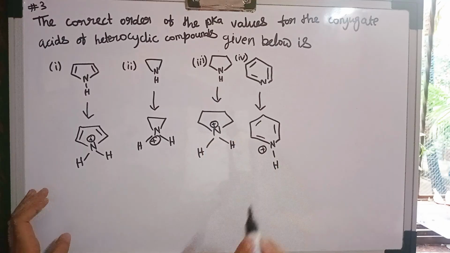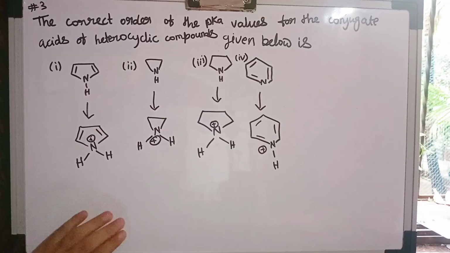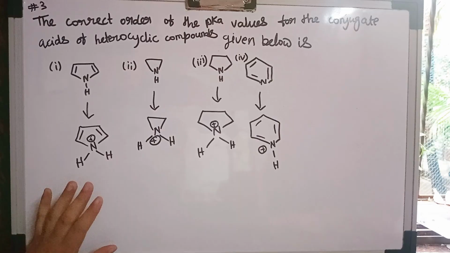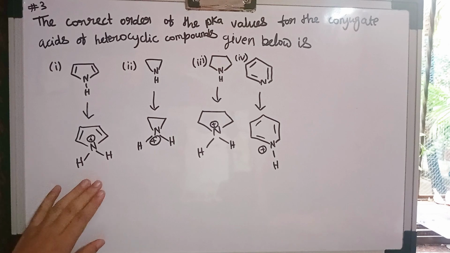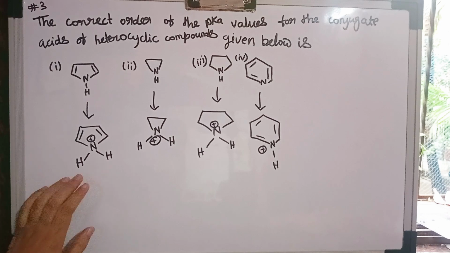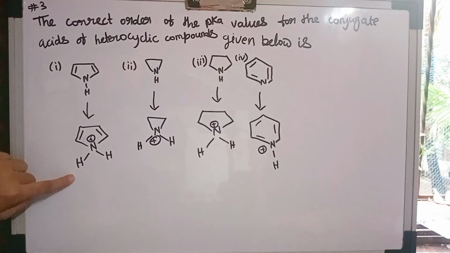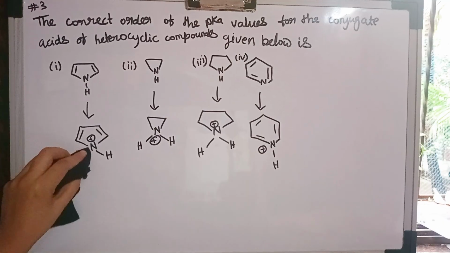Okay. Now, look at these 4 structures and decide which structure is the least stable one, because that is the molecule which is going to give away its proton very easily. So now look at all of them. Look at this first structure. If this loses its proton, it is going to get its aromaticity back, and aromaticity gives a lot of stability to the molecules. So it is going to give away its proton very easily. So this proton is going to go out first.